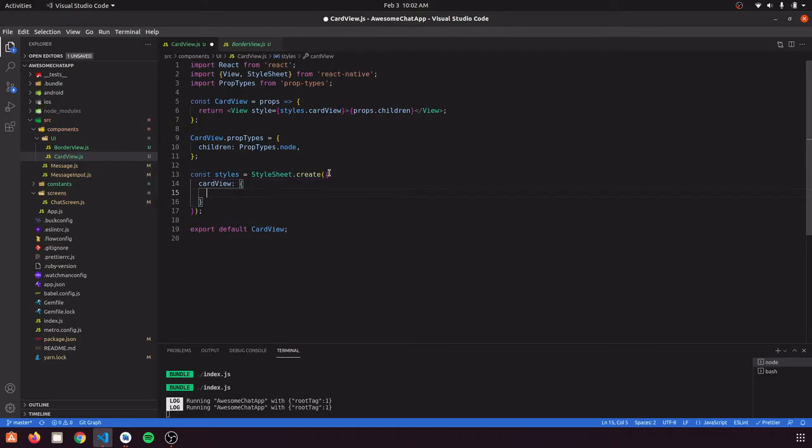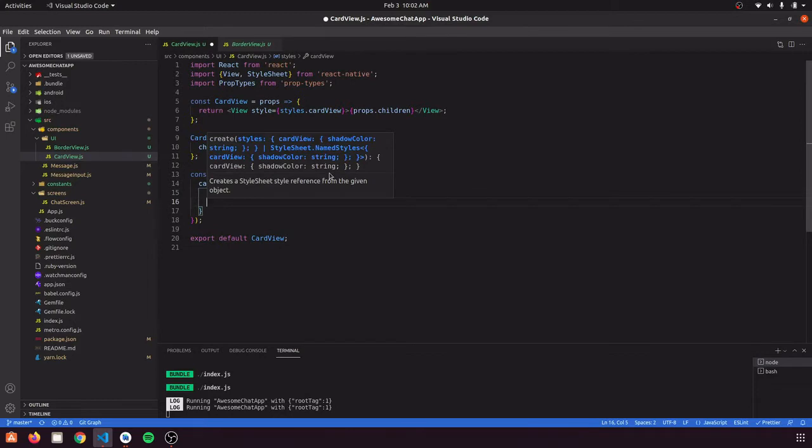So for card view, we are going to give shadow and elevation. So shadow is a property in iOS and it is not in Android. So for using this card view, we need to define both of the properties. So the shadow property would be applied on iOS and the elevation property would be applied on Android. So we are going to give shadow color as black.